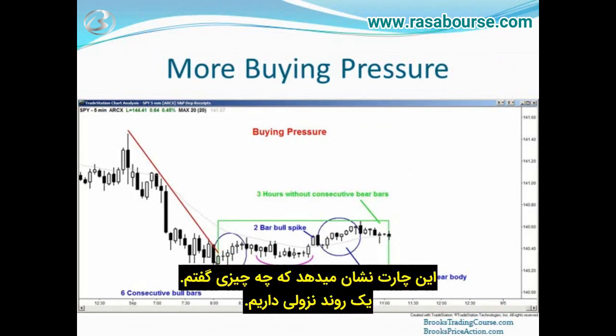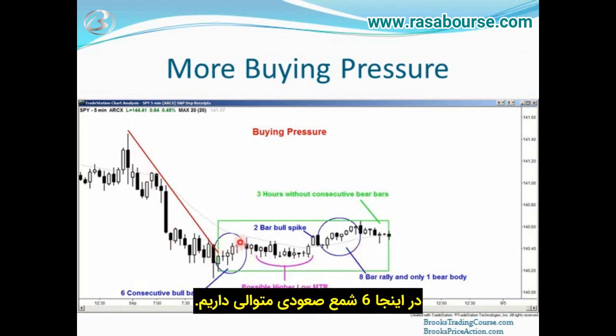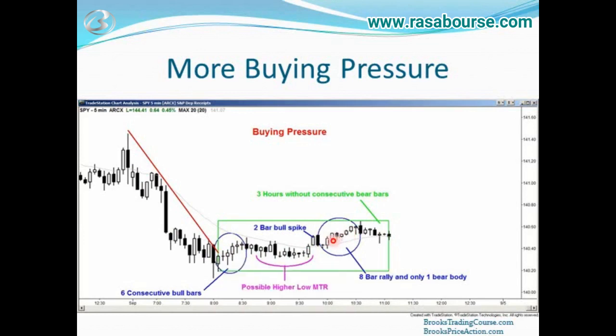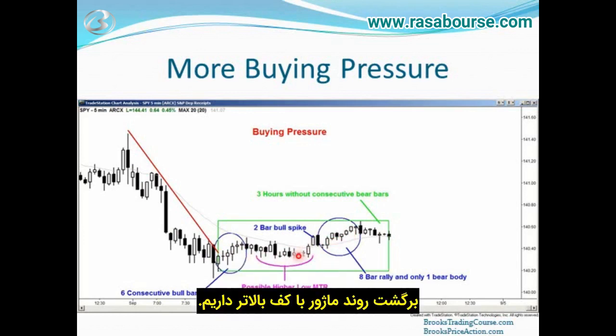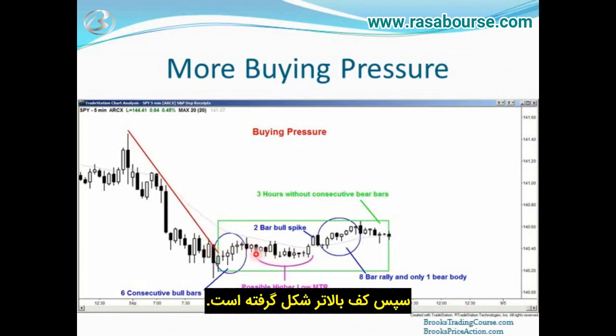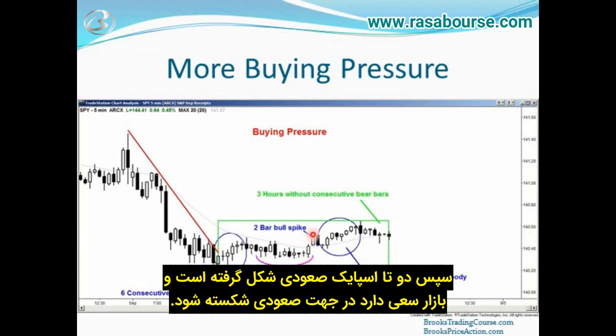At this point, I think the bulls look stronger. Okay, this is just to illustrate what I said. We have a bear trend. We broke the trend by going sideways. We have 6 consecutive bull bars here, an 8-bar rally here, and only 1 bear body, and a possible higher low major trend reversal. So a bear trend, trend line break, and a higher low. Subtle, but it's still a higher low, and now the market's trying to break to the upside with this 2-bar